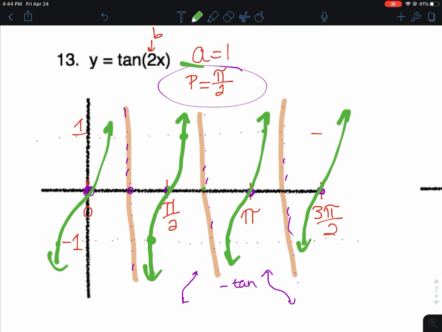All right, so that's your process. Figure out the amplitude value, and it's not really an amplitude, but it gives us this extra point here. So go ahead and mark those in. Find your period at the beginning and end of each period. So 0, pi over 2, pi, 3 pi over 2, you have a 0. Halfway between those, you have asymptotes, and then connect your graph low to high. Right, so go ahead and try